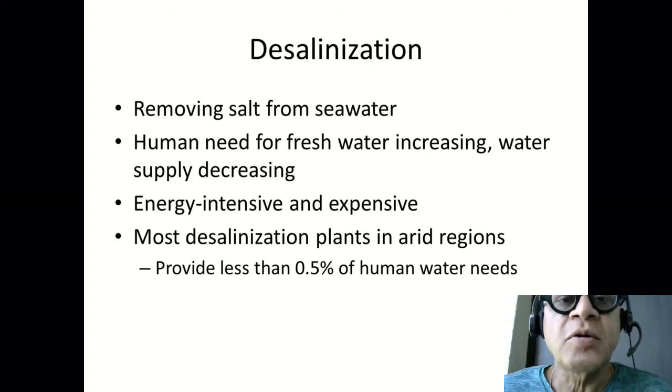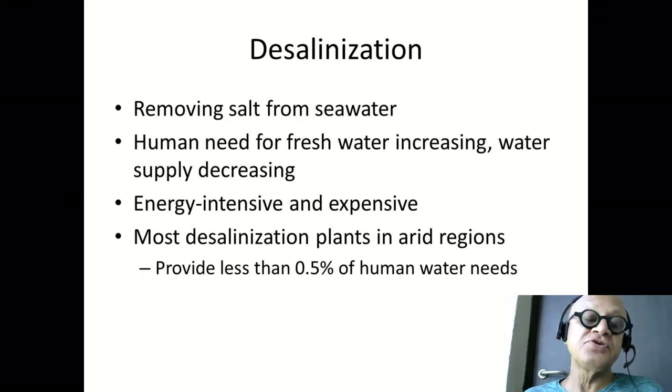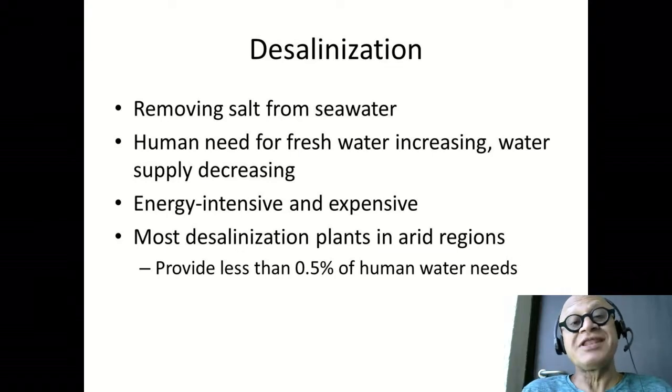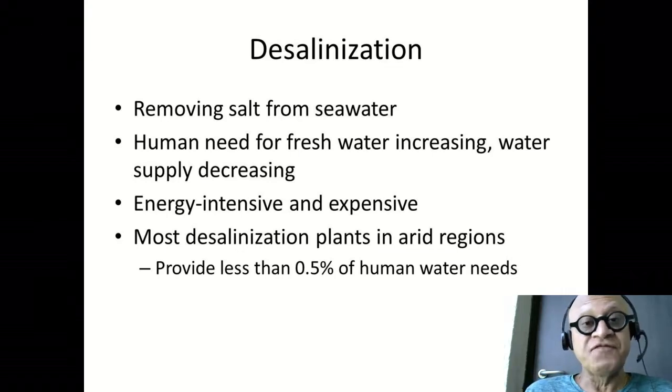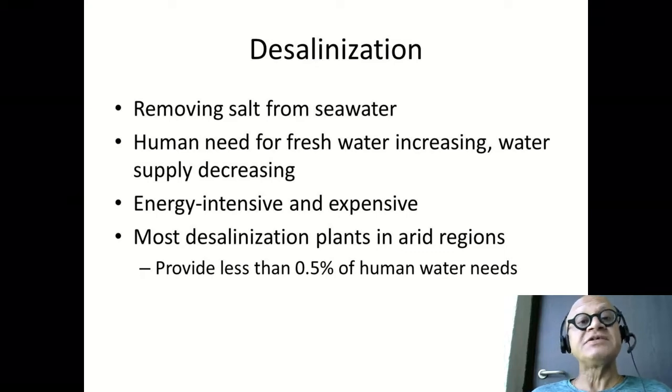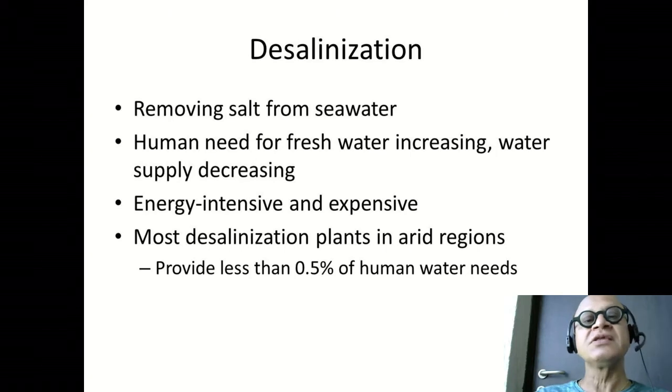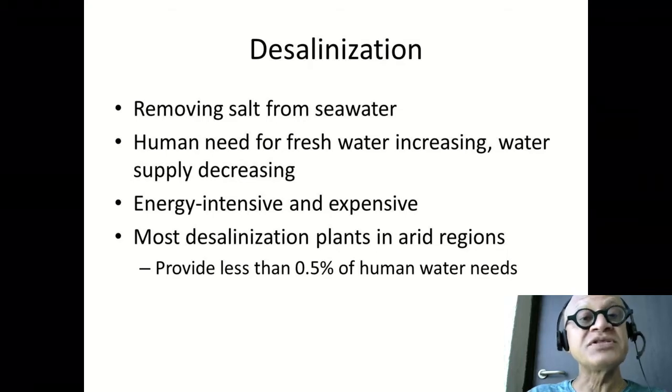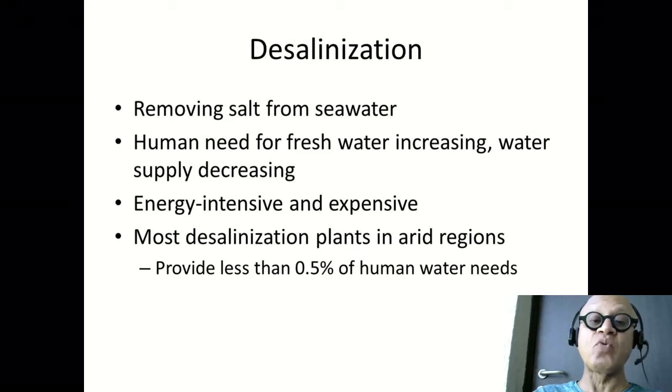So I'm going to briefly talk about desalinization, which is introduced in the book. It's not really oceanography, but obviously it's part of human life, and hence has become part of oceanography because the number of desalinization plants is going up. As I mentioned before, even though we have so much ocean water, more than 97% is undrinkable because it's got so much salt in it, and only less than 3% is fresh water, and more than 2% of that is locked up in glaciers, which leaves us with very, very little surface water and groundwater.